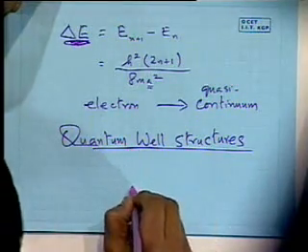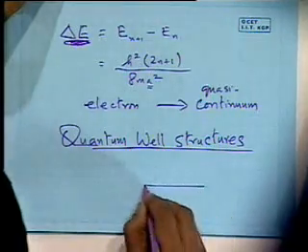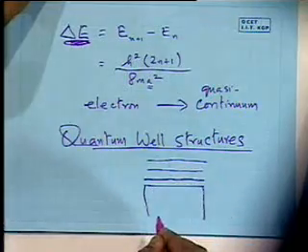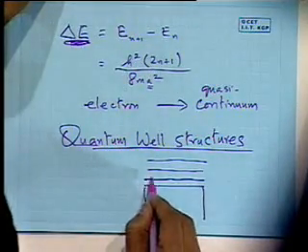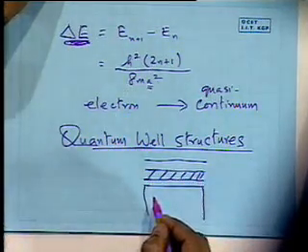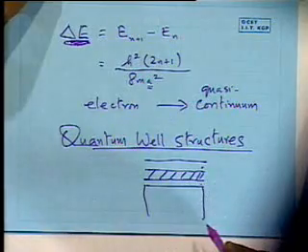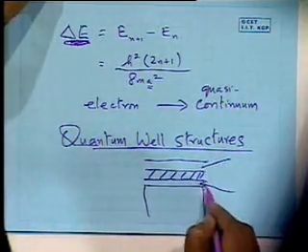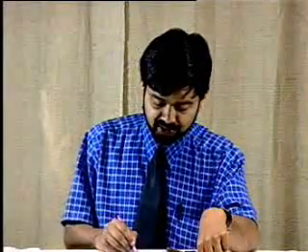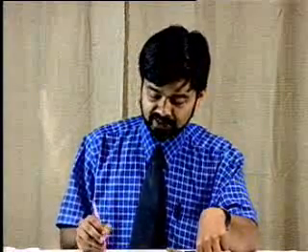But I can actually grow synthetically on a substrate some layers of material, and I can make it in such a way that the layer of interest to me, let us say this layer, is sandwiched between, say, two other layers of higher band gap. We'll come to all this later in detail. And here we are talking of nanometer dimensions, some angstroms. When I create such a structure artificially during my deposition process, I will see this discretization of energy levels,